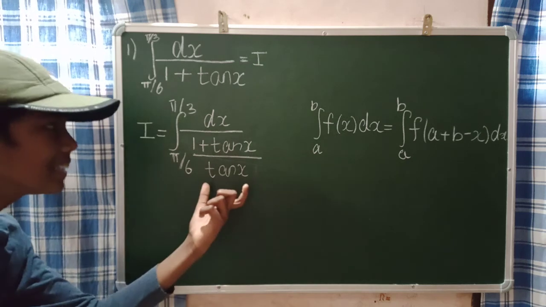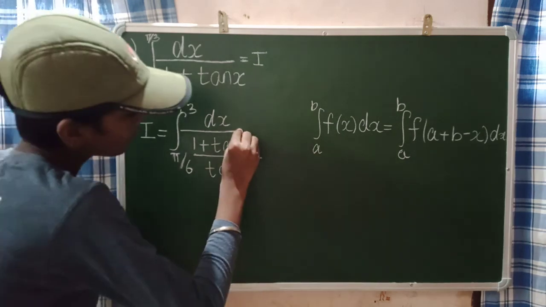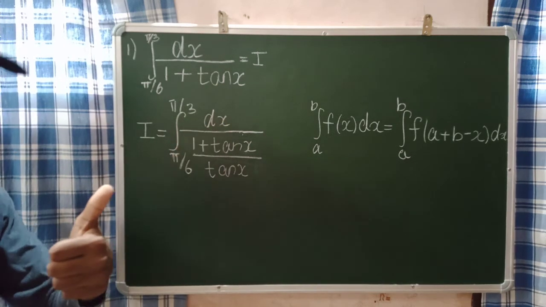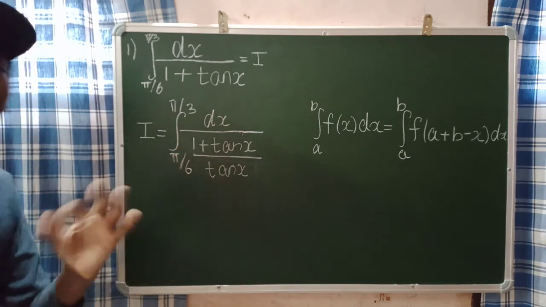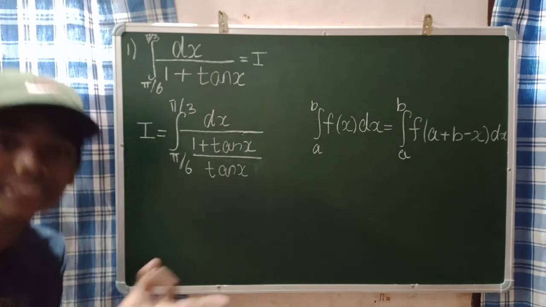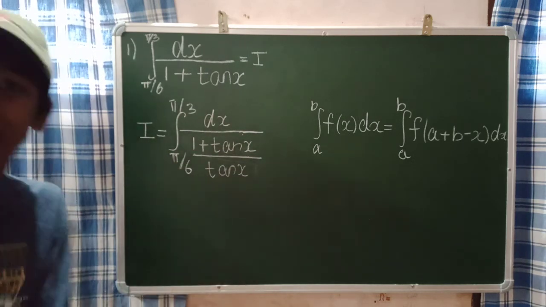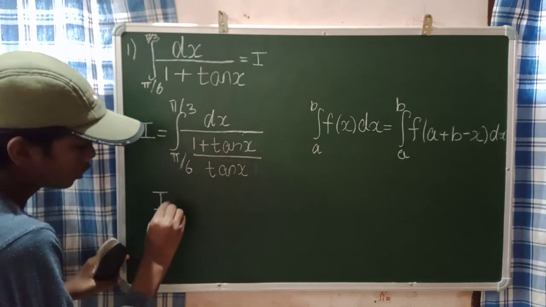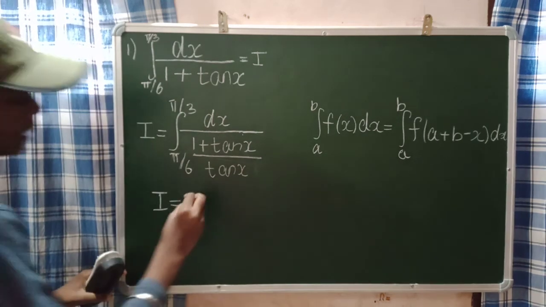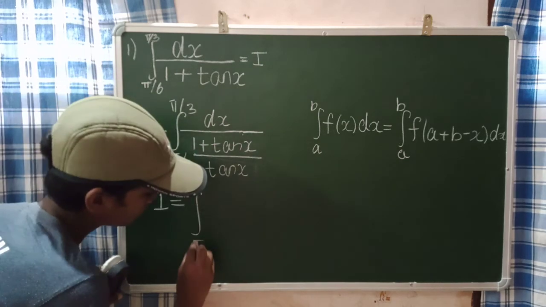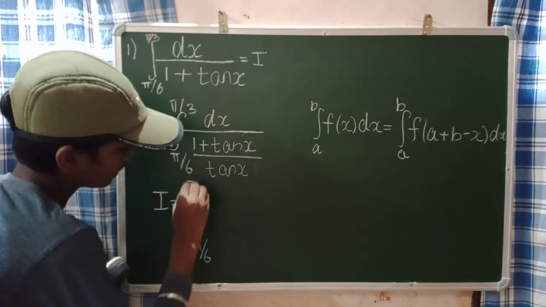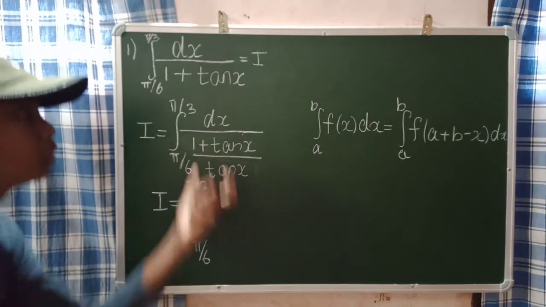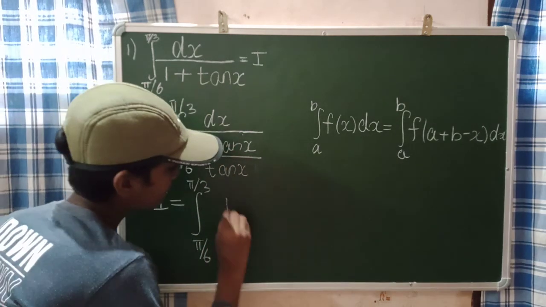Now, as I am having division in your denominator, I can take this tan x to the numerator. Correct now? These are all the things which you will be doing for every sort of question, right? So that's a simple step which I am doing. So this can also be written as integral of same limits only, pi by 6, pi by 3. Now I am going to take this tan x, as that is in division, to the numerator. When I take like that, I will get tan x